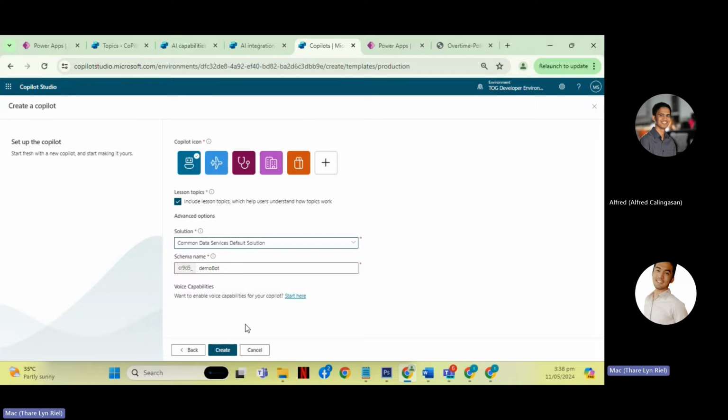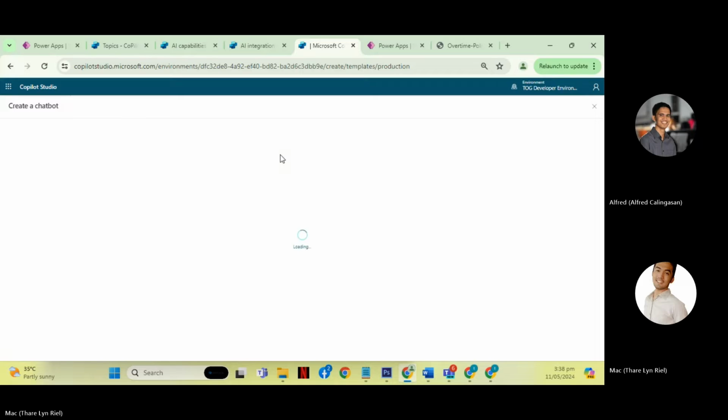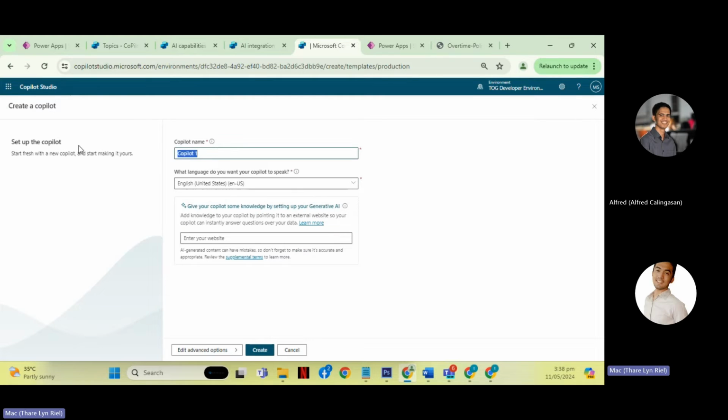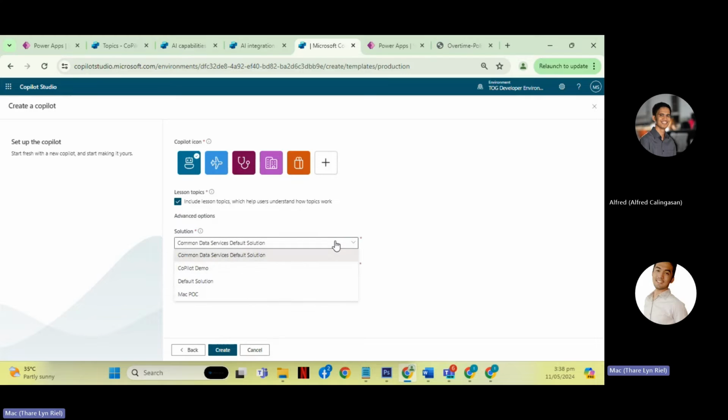Okay, it did not reflect yet, so I might need to refresh the page. Again, displaying the name of the Copilot, the website, and then let's go to the solution.